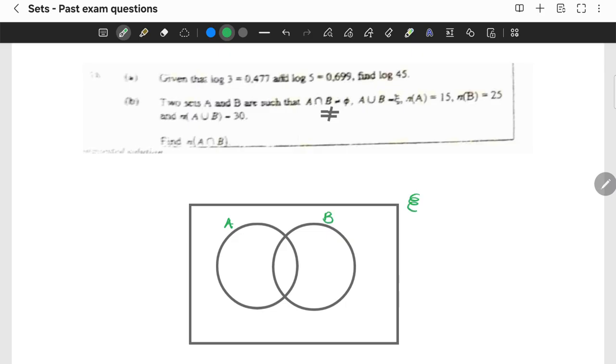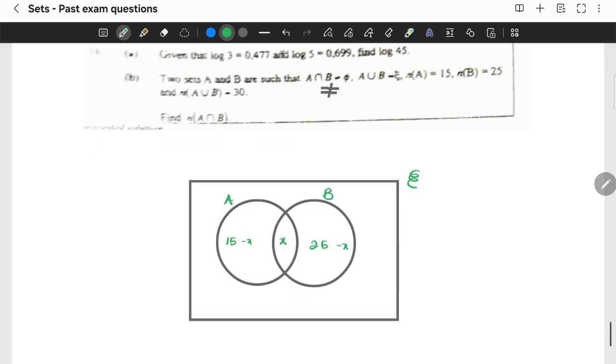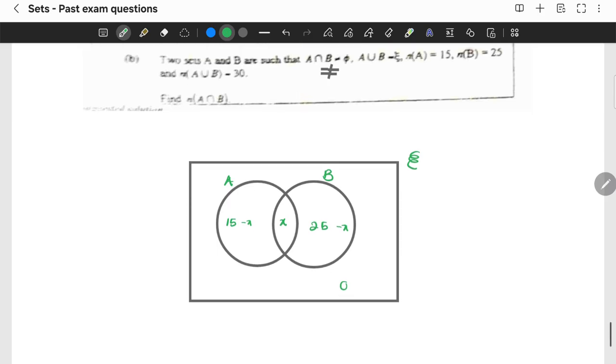We are told the number in A, so let's make whatever is common in them X. Number in A is going to be 15 minus X. Number in B is going to be 25 minus X. But number in A union B is 30, which is the whole universal set. We're told that out here there's nothing, because everything in A union B makes up the universal set. So 30